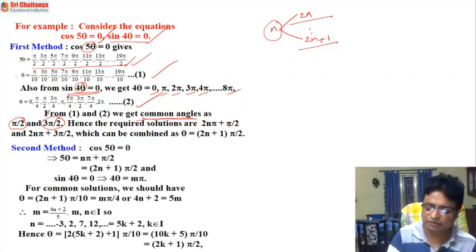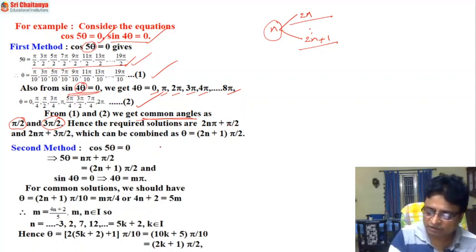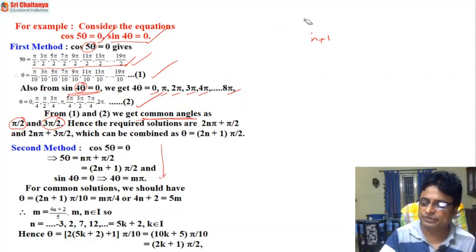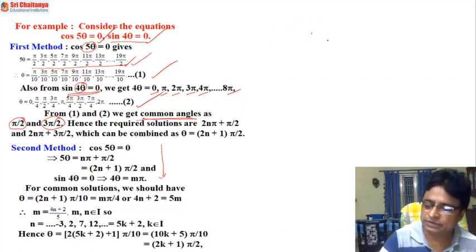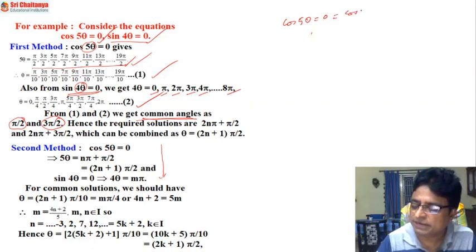In the second method, what I am doing is, as I mentioned, first I am solving this equation with our regular methodology. What is our regular methodology? cos 5 theta is equal to 0. Then according to the definition of a general solution, cos 5 theta is equal to 0 is equal to cos pi by 2. So my PV of theta, principal value of theta is equal to pi by 2.